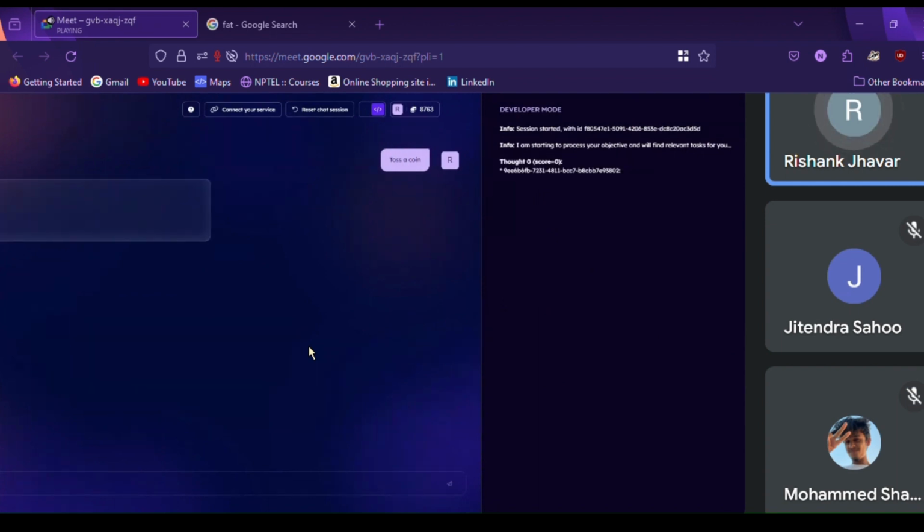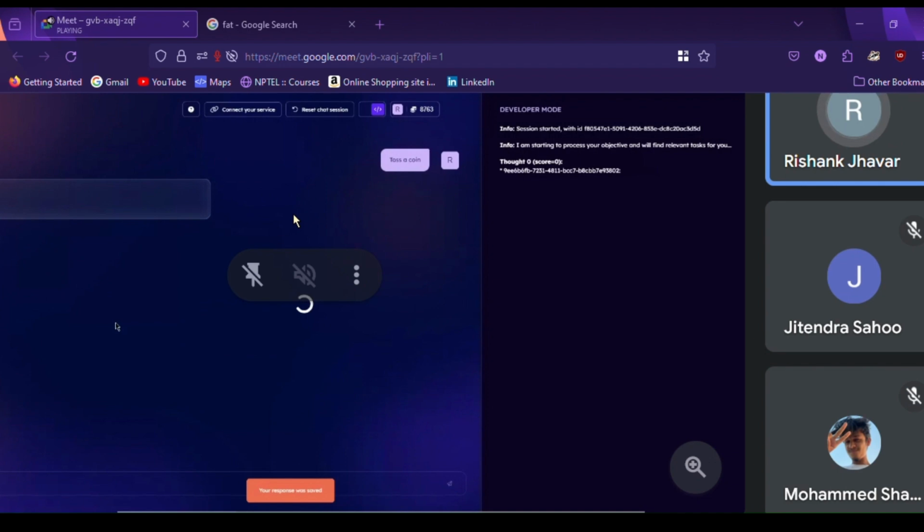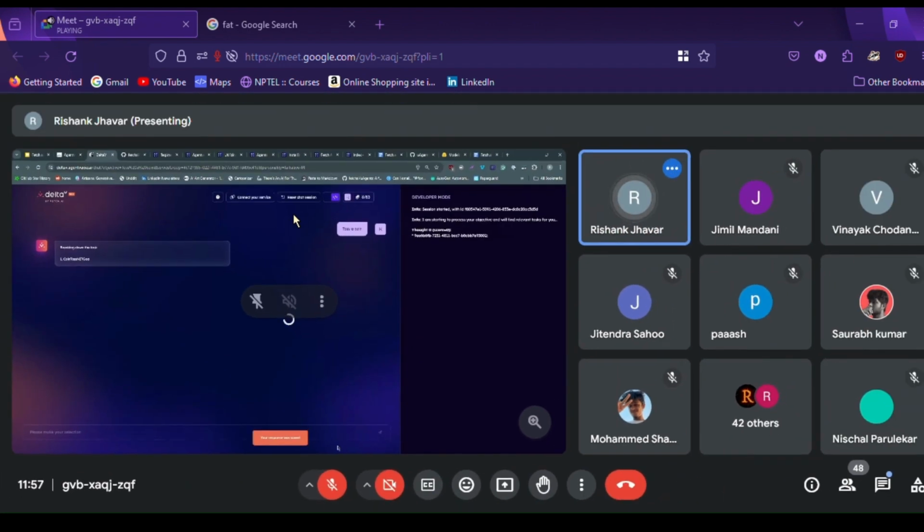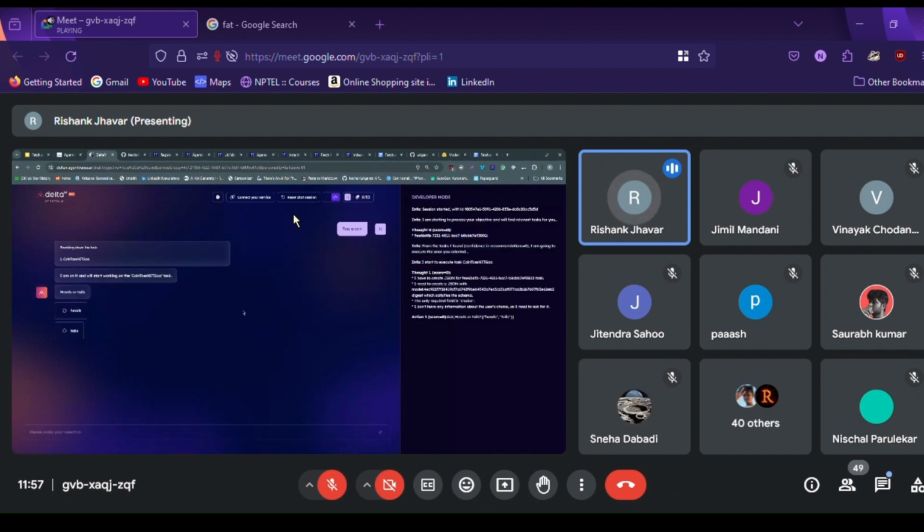Just give me a sec. There seems to be some network issue from my end, so it's working a bit slow. If there are multiple tasks, by the way, it will work a bit slow, but it should not work slow when it comes to this. You can just have a look at the developer mode here as well if you are someone who likes to do this. I'll just select heads,